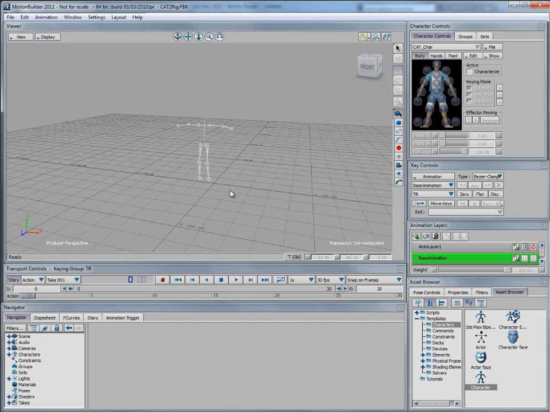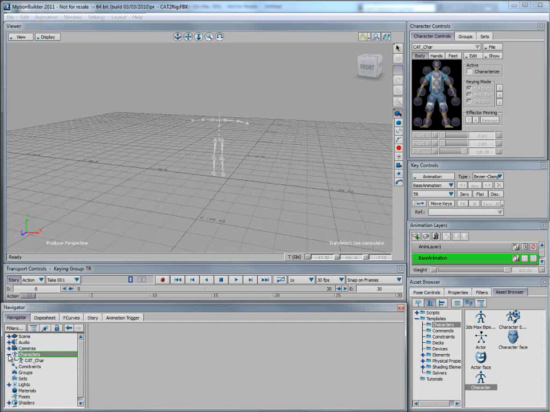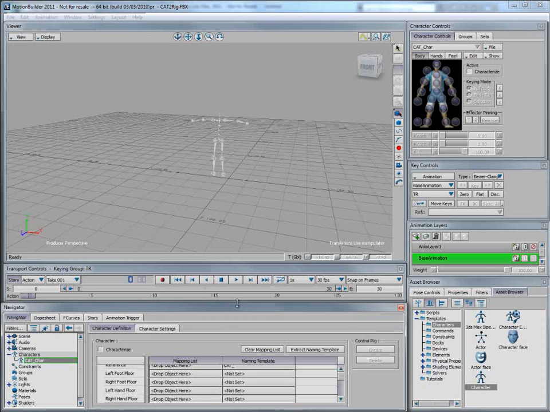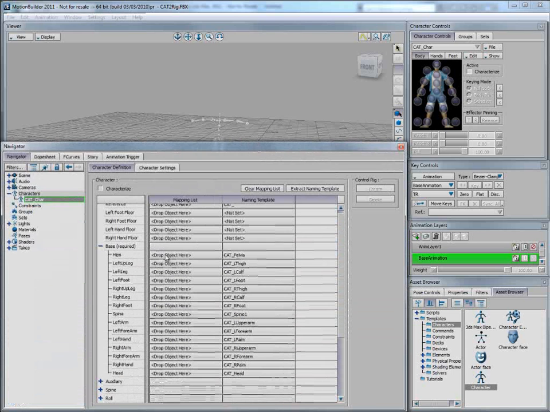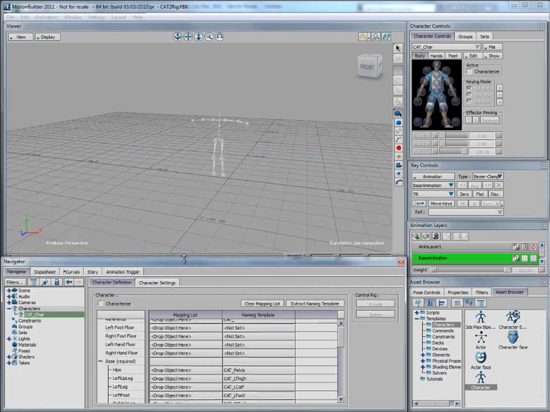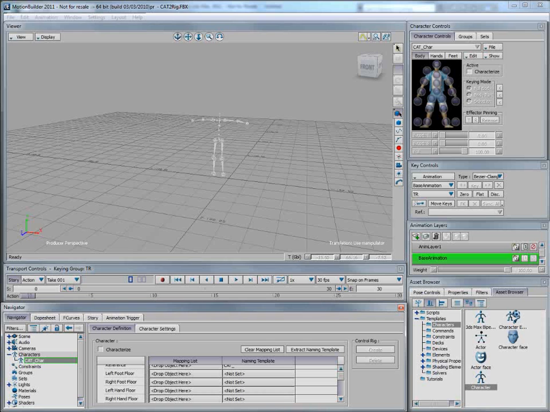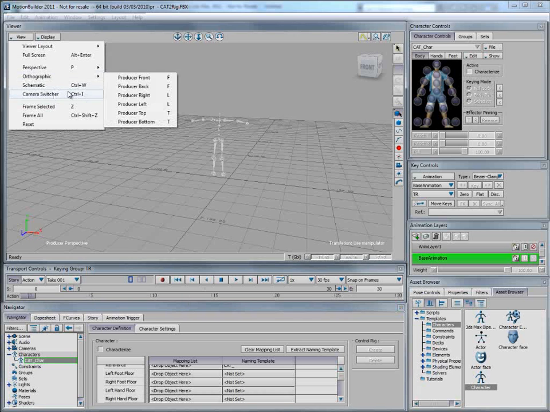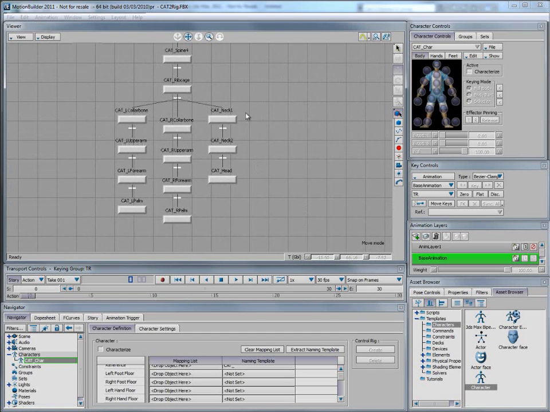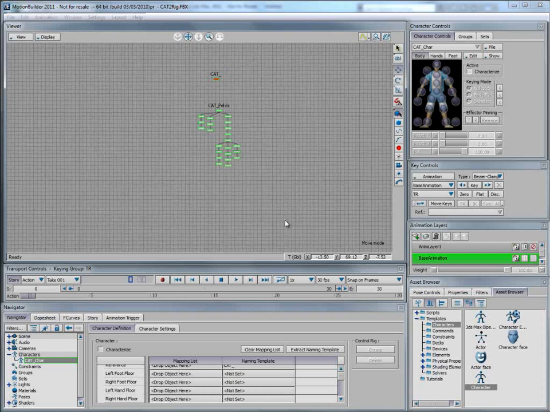We don't care, we only save the character itself. If I go into the characters here, you'll see that we've got cat character. If I double click, I'm just going to maximize it. There's no bones here, but we have a naming template. So the naming template will allow us to just go to the schematic view and grab everything that we see here, Alt, and just drag it anywhere